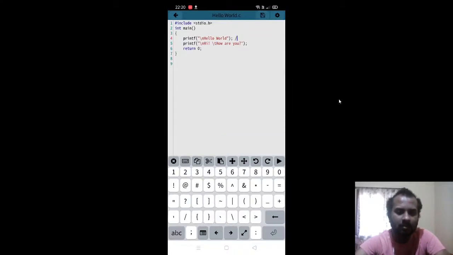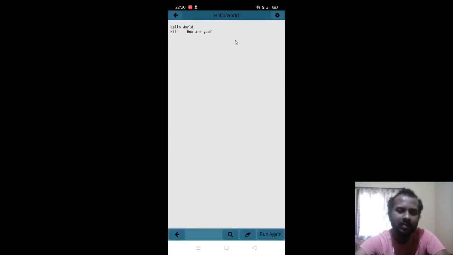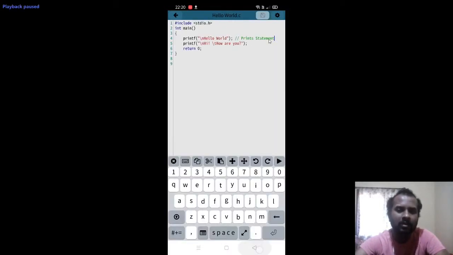Now let me show how the comment is going to work. In the comment, I am going to mention what is happening in that particular line, right? So what is happening in this line? I am going to just print a hello world, right? And a single line comment is always going to start with the double slash, and comments are not taken by the compiler, right? So even though I have the printf statement, it is not present in my output screen, right?